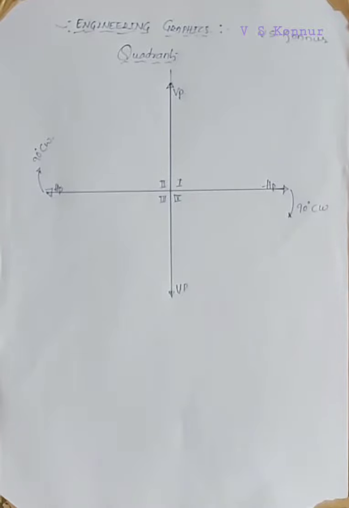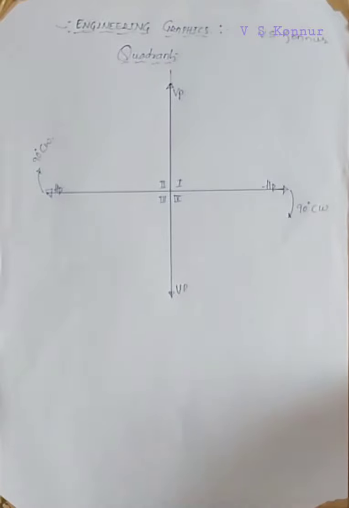In engineering topics, today we'll study about the quadrants. These quadrants are used to solve all the projections of the problems in the engineering topics. So there are 4 quadrants which you are using. Depending upon these, we'll solve all type of problems, that is projection of points, lines, planes, solids and developments, etc.